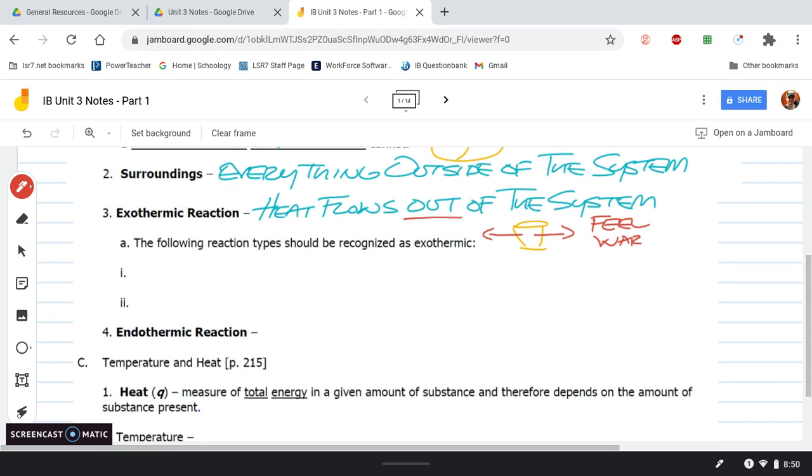Chemical reactions that feel warm are going to have heat coming out. So the heat is coming out of my system, and we've got a little reaction going on in here, in our little calorimeter, but the heat is coming out, so it's going to feel warm, or the temperature is going to be increasing. Just write that over here, that the temp increases because that energy is coming out. Not a very good looking S. Okay, so